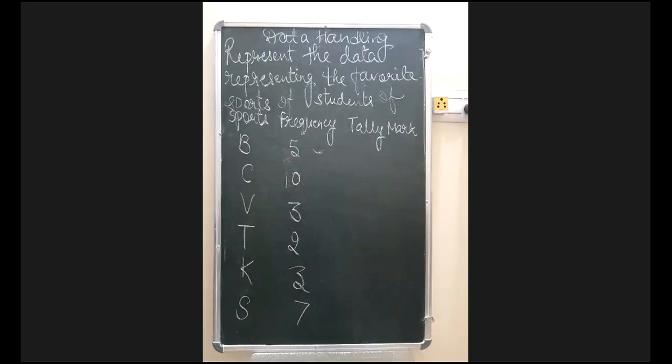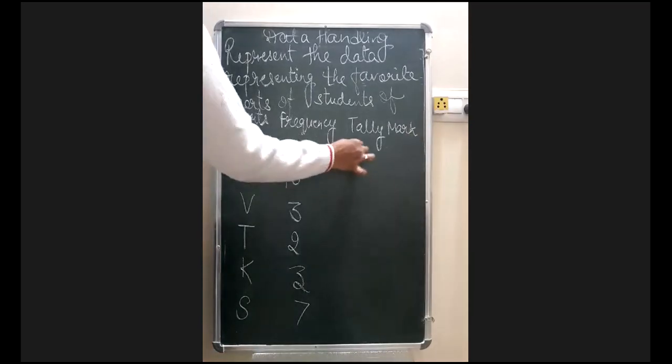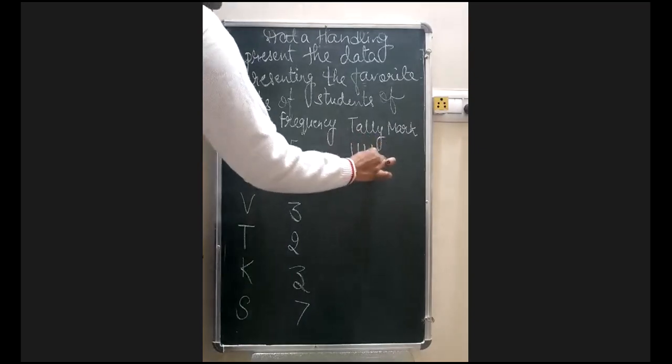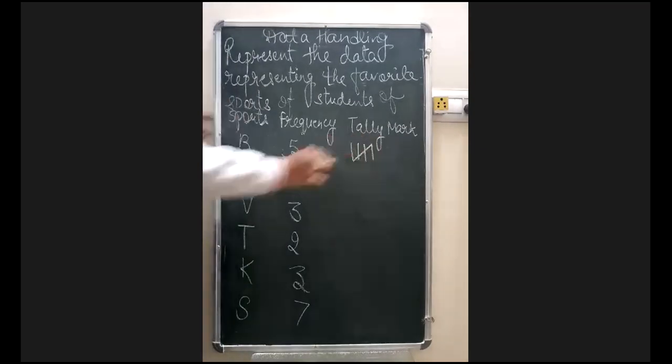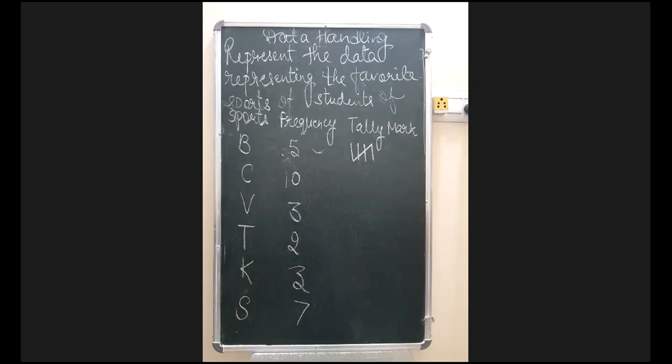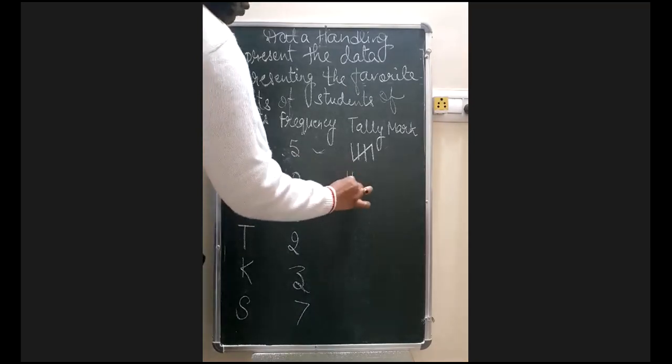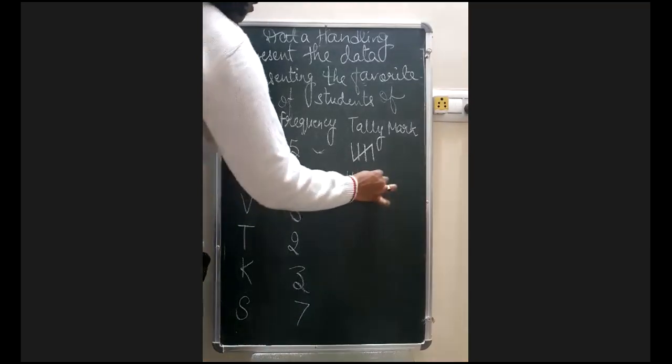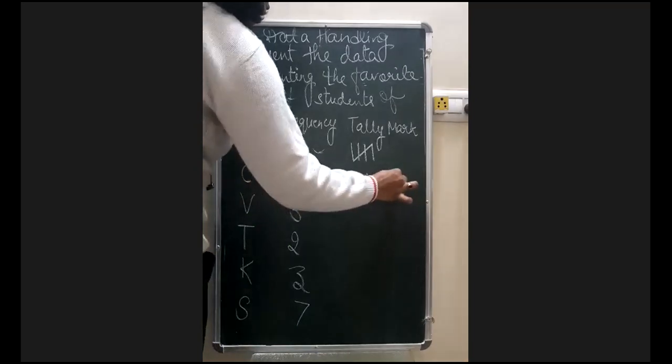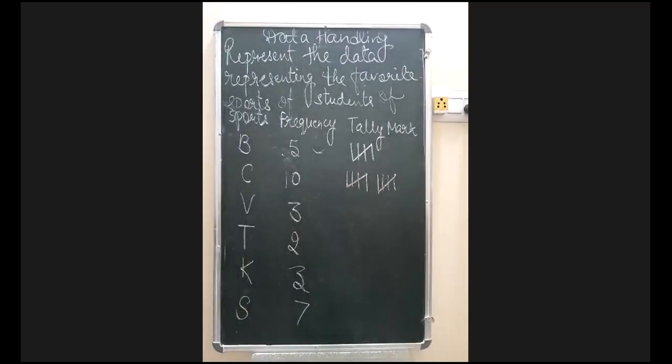Now you know how to represent. Yesterday it was taught for 5: 1, 2, 3, 4, and for 5 I just cluster this. So this is 5 representing it. Now moving on to 10, the same thing: 1, 2, 3, 4, 5, and 1, 2, 3, 4, 5. Now this is 10, 5 plus 5 is 10.